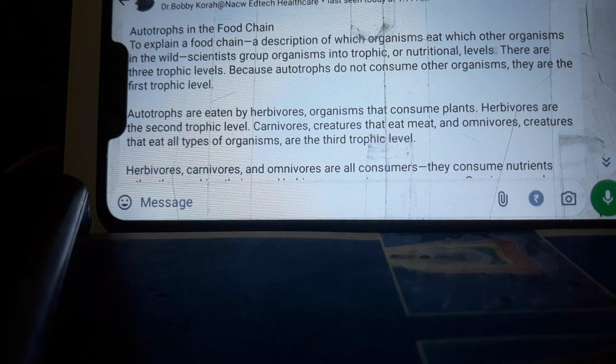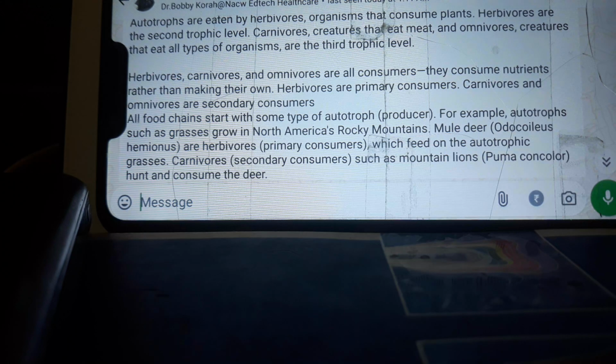And now, about autotrophs in the food chain. To explain the food chain, a description of which organisms eat which other organisms in the wild, scientists group organisms into trophic, or nutritional, levels. There are three trophic levels. Autotrophs do not consume other organisms. They are the first trophic level. Autotrophs are eaten by herbivores, organisms that consume plants. Herbivores are the second trophic level. Carnivores, creatures that eat meat, and omnivores, creatures that eat all types of organisms, are the